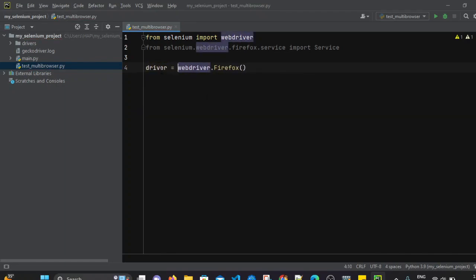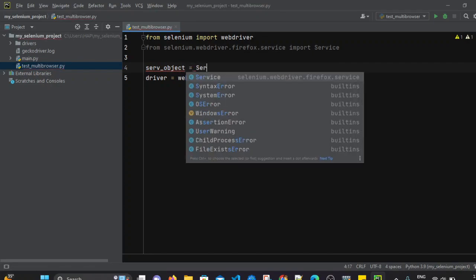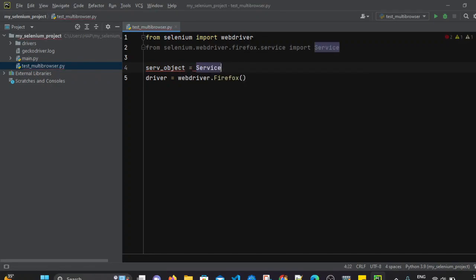By using this driver object reference we can access all the methods present in the Firefox class, and we have to pass the service object here. If you remember, we have to create one Service class object, in which we pass the executable path of our Firefox WebDriver.